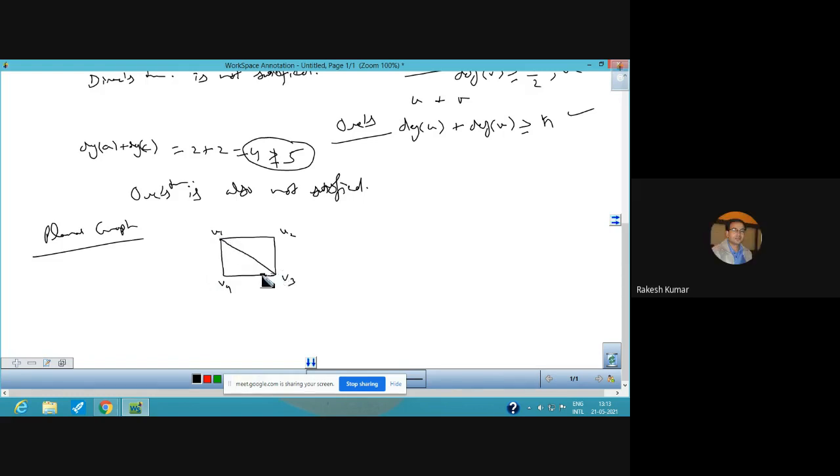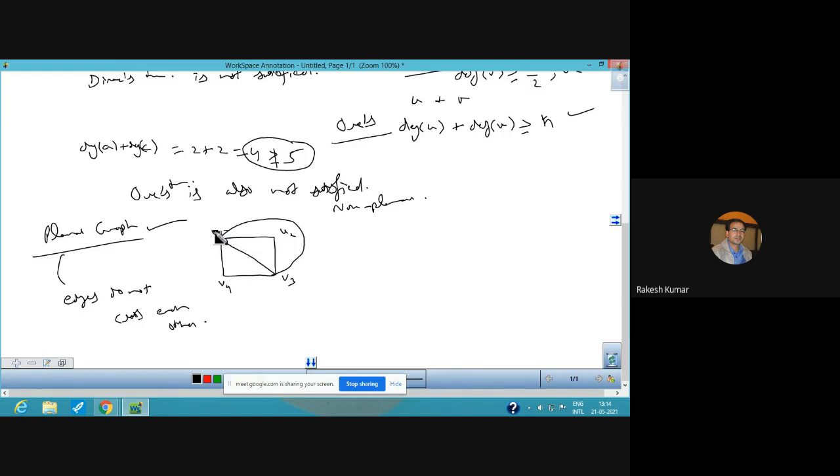And let us join this. And there is one more condition of planarity, that edges do not cross each other. So if we want to join V2 with V4, you cannot draw a diagonal, because if we draw a diagonal, it will be a non-planar graph in that case. But for making it planar, you can take an edge like this out of the vertex. So this is a planar graph. This is the example of a planar graph.